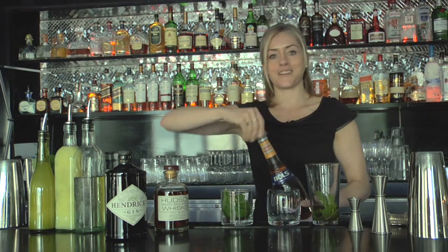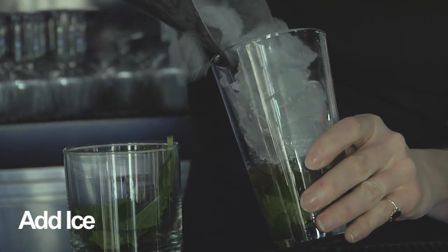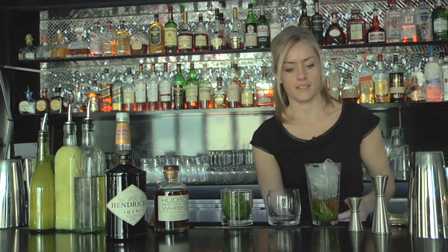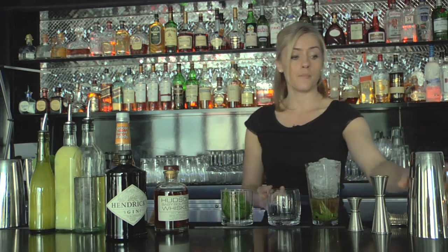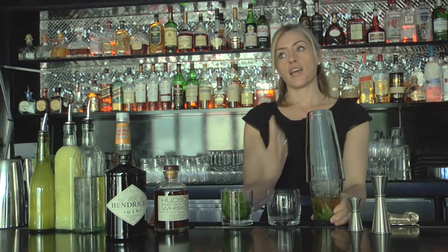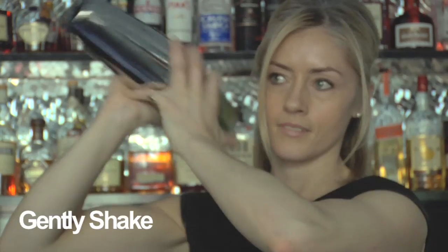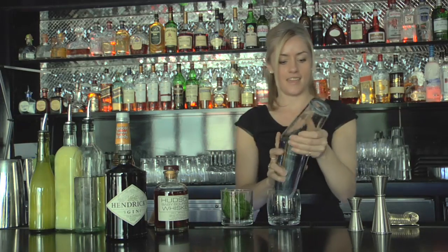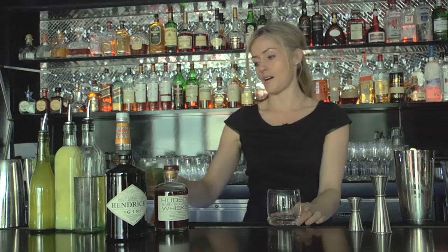And with all those ingredients in the mixing glass, I'm ready to give this a little shake. Just add some ice. Now, juleps can be made in many different ways. Some classics like to make the julep in the actual glass that you drink from, but I find a little shake actually just helps to involve the mint flavor in the cocktail. Okay, now I'm going to set this aside for just one moment while we get to the fun part,